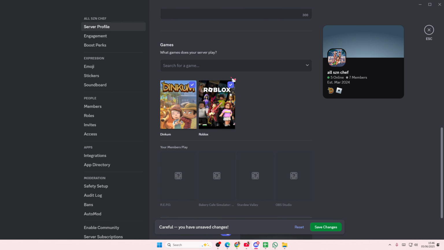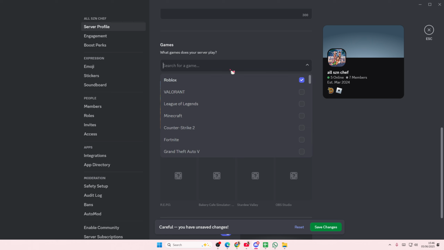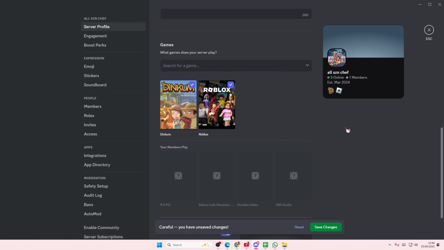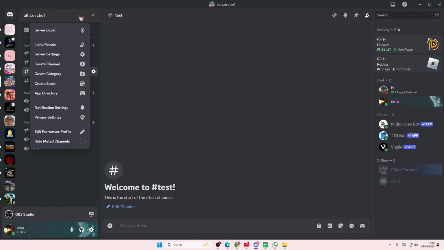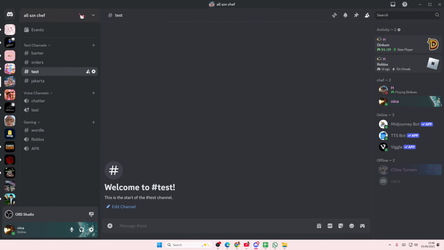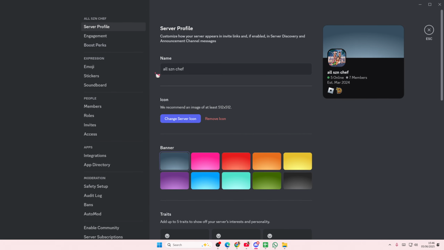So you can select the games that you play. For instance, Dinkum and Roblox are the games me and my friends play. When you're done, just press Save Changes. And it will show on your server, I guess. Well, you can't see it here, but when people look at your server, they'll be able to see the games